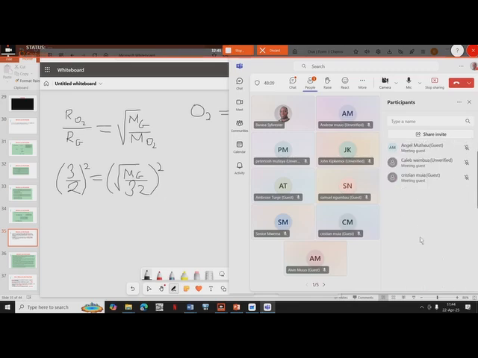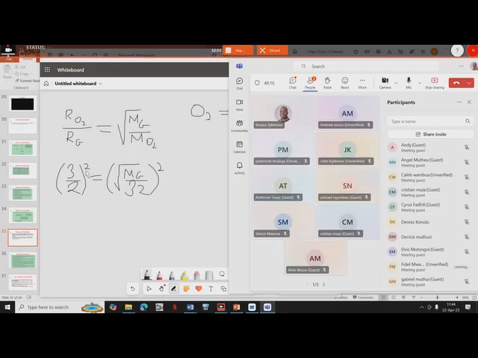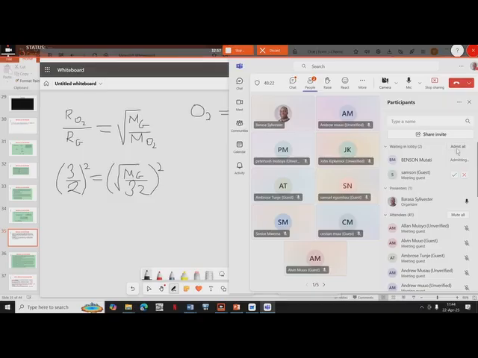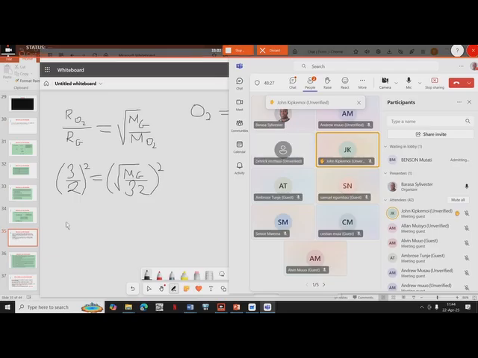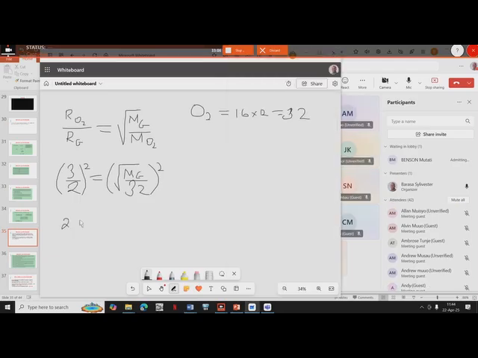Please confirm what you are getting. 3 divided by 2, then we square. What are you getting? Dennis, Derek Mudusi, what do you get when you divide 3 by 2, then you square? What do you get? 2.25. Is that correct? Yes. So 2.25 over 1 is now equal to